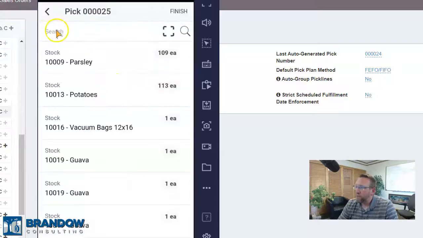And now instead of selecting, you can scan the location you're going to. Scan the part number that you are picking. And you can scan one at a time. Notice the quantity is 107. I'm pretending like I'm scanning by keying this in